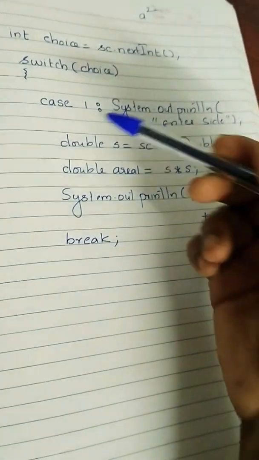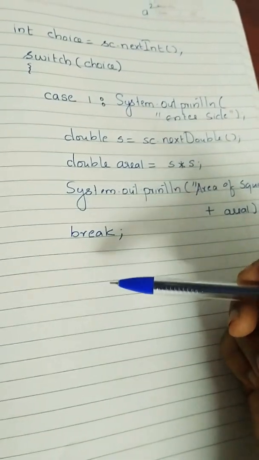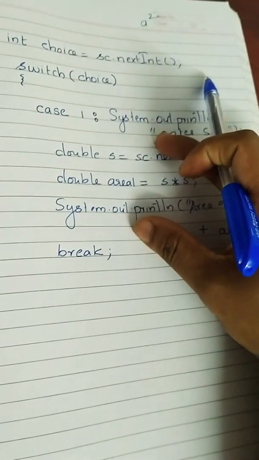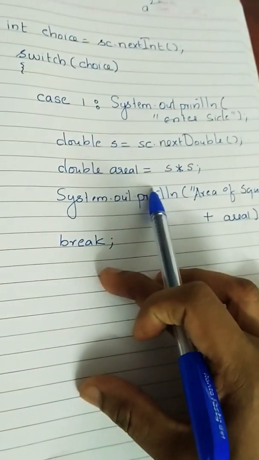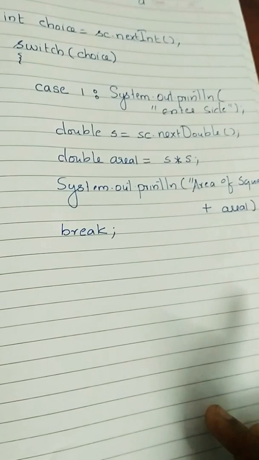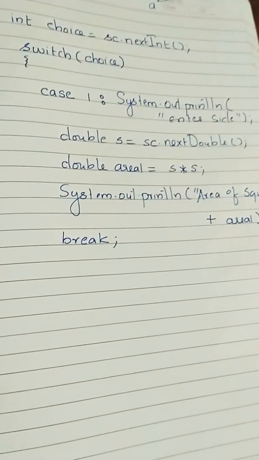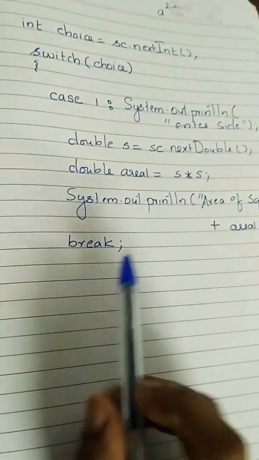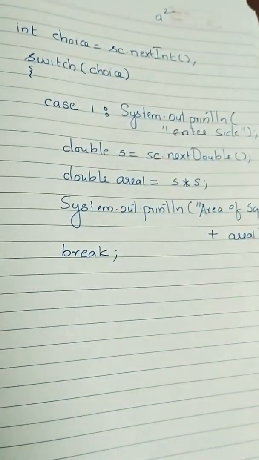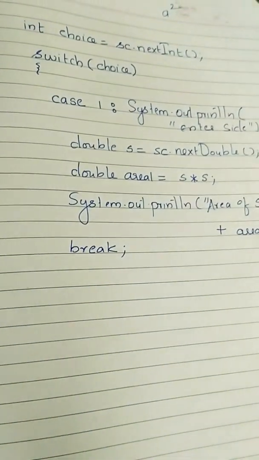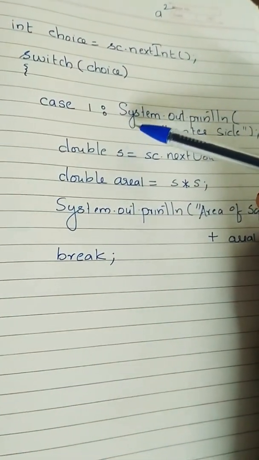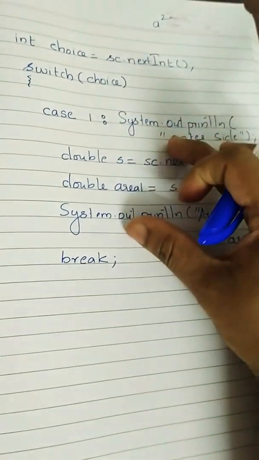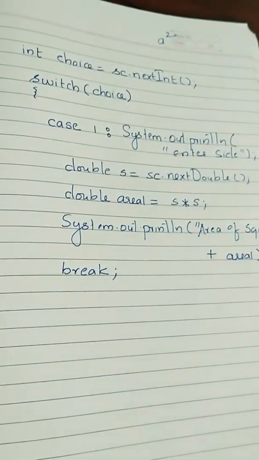Otherwise, what happens is, there will be cases: case 1, case 2, case 3, etc. If you do not write a break, after finding the match it will go to the second case also. If there is no break, it will go to case 3. So till then it will keep working. This condition is known as fall through. Absence of break in a switch case is known as fall through. What happens in a fall through? If it finds a matching case and there is no break, it will execute all the cases after the matching case. So this is known as fall through.